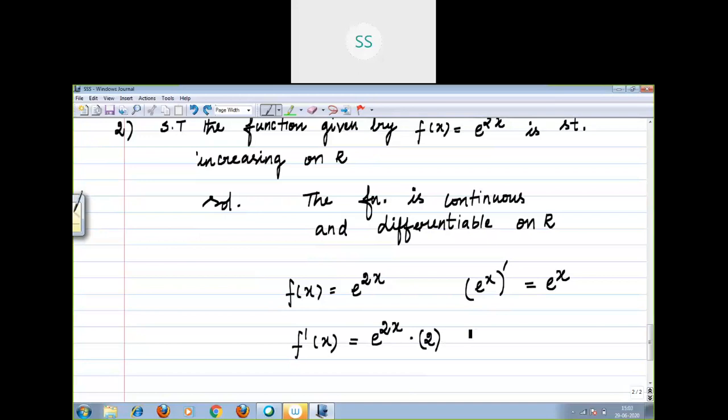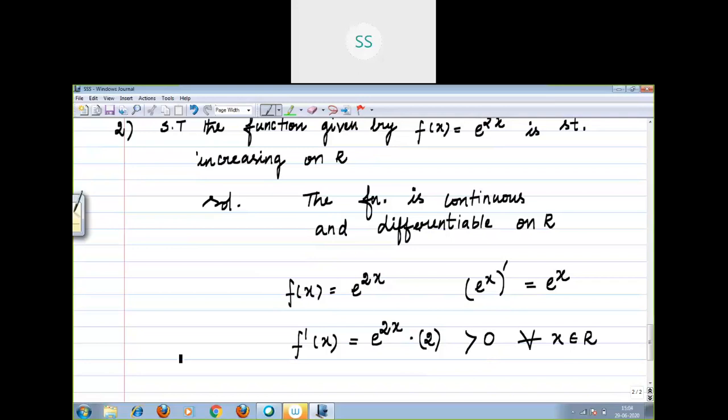Definitely it is greater than 0. Did you agree or not? Because I said e power a negative value also gives only a positive value. So for all x belongs to capital R. Again, I repeat, if the coefficient of x is any number except 1, it should be differentiated in terms of multiplication. For example, e power 3x, what is the result? 3 into e power 3x. Suppose e power m square x, that also is e power m square x into m square, right? Now you people understood, I think.